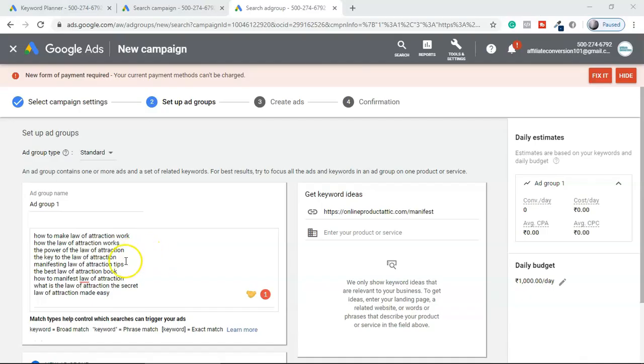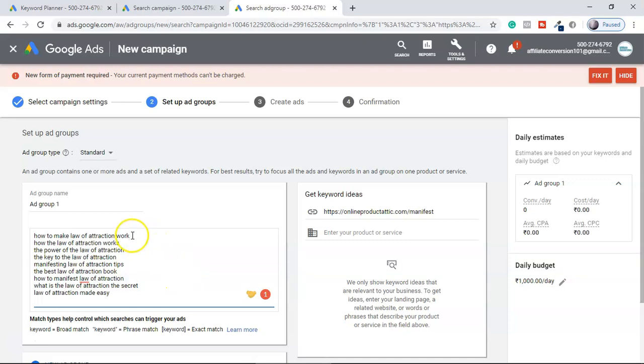keyword. Also, I'm going to recommend you use phrase match as well as exact match instead of going with broad match. For phrase match, just put the quotation marks, or you can put brackets for the exact match, which I already showed you in my last video. I showed you in the last video how to set up the campaign settings and all. So here I'm just showing you the keywords. You can watch my last video. The link is popping up on the window right now. You can watch that later.